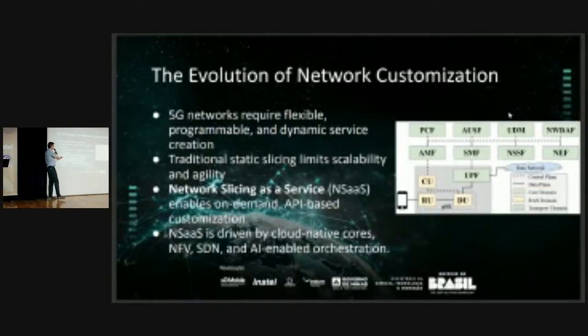We have network slices as a service enabled on demand for the different tenants, because we now have API-based customizations. We have many tools to provide slices as a service. But we need to integrate all the tools for the providers in the new business. In our opinion, network as a service driving to the cloud native core is important, because we have good tools for scalability, the vertical and the horizontal part for the core.